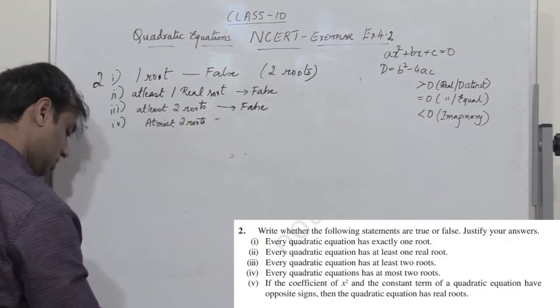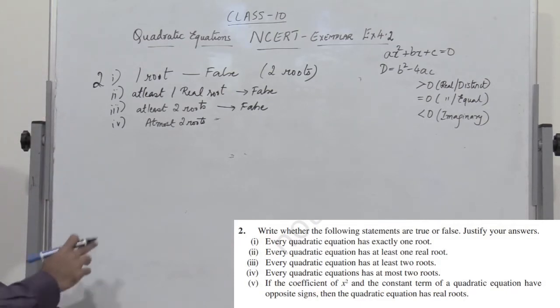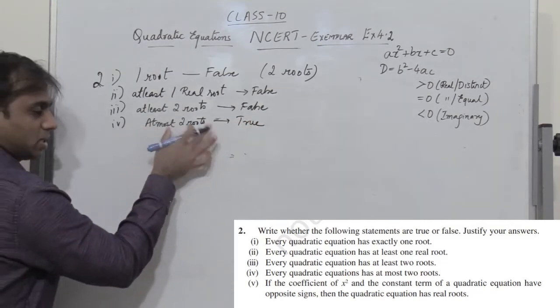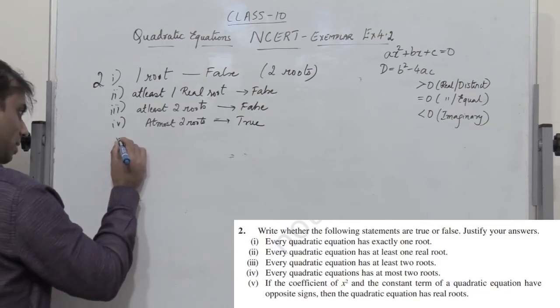So we can say that this is a true statement, because every quadratic equation has at most 2 roots, which is true. So at most, a maximum of only 2 roots, which is a true statement. Fifth one,